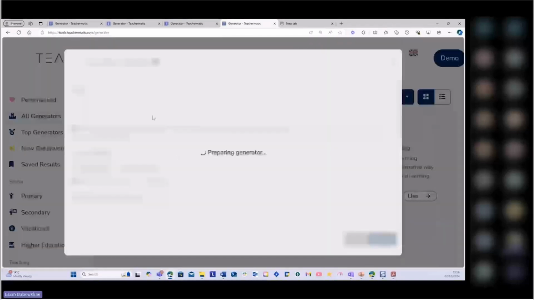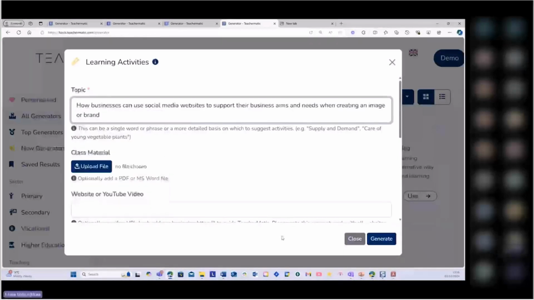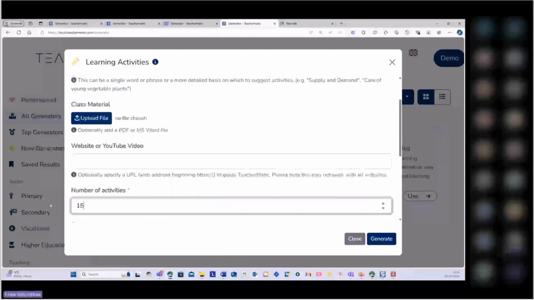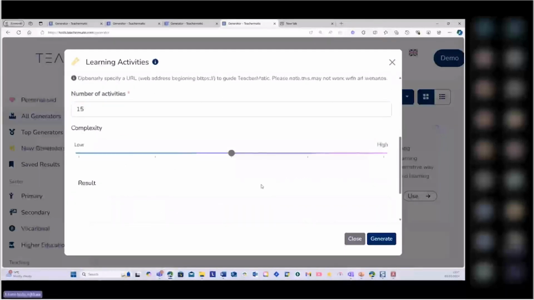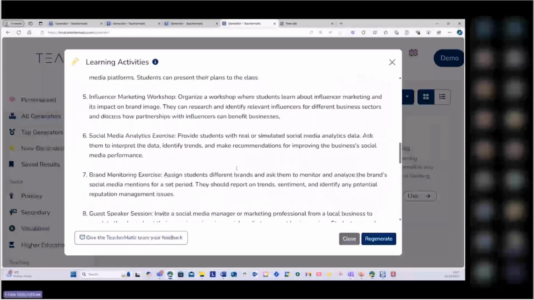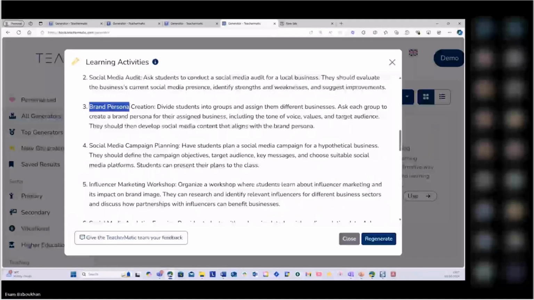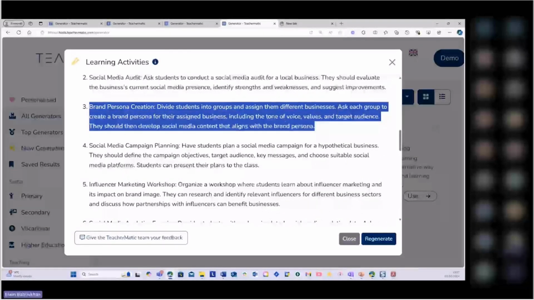So I'm going to go in there. I'm just going to put the same subject that we have, which is this one here, right? I'm going to put as many activities, 15. Obviously, I'm not going to use them. I'm going to click on generate. And then if I find one of these activities could be very engaging, I might actually take some of these activities and put it in my lesson plan. All right, so this one looks pretty good. So it's giving me ideas that I might take back into my lesson plan and actually say, this is going to be one of my activities that I'm going to do.